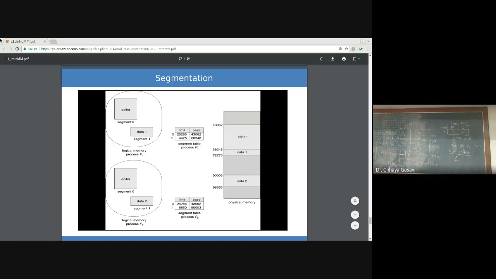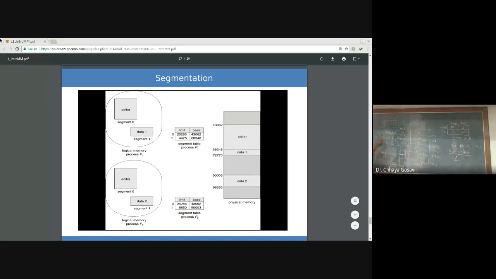And how can you write this address 60? It should be this 10. Offset should be 10 instead of 60. From those 50 bytes, which line are we reading? The 10th line. So 300 plus 10, that is 310. So you are reading this line, 310. If it is within the limit, then only the address gets translated. Otherwise, there will be an error. This is how an address gets translated in segmentation.